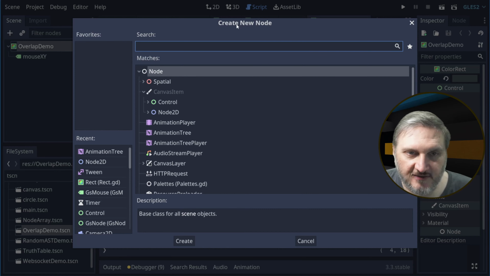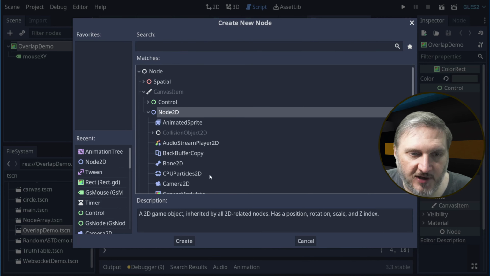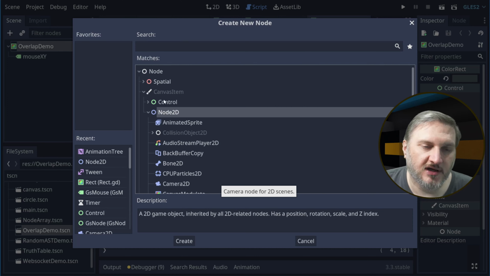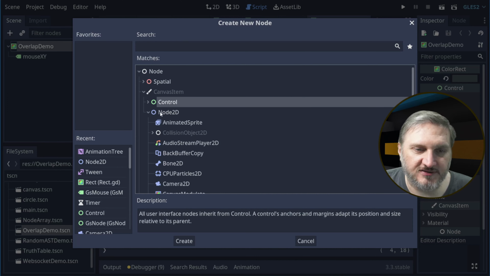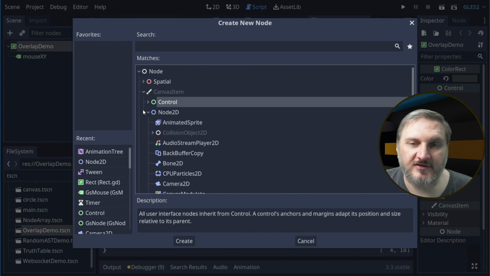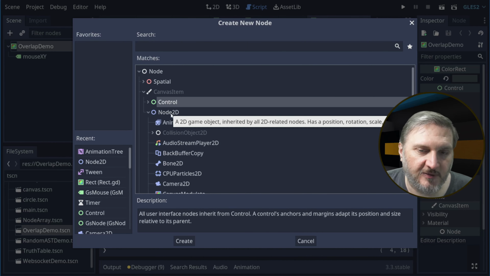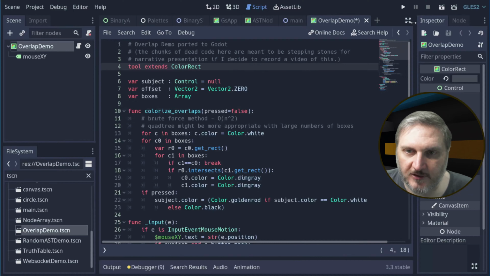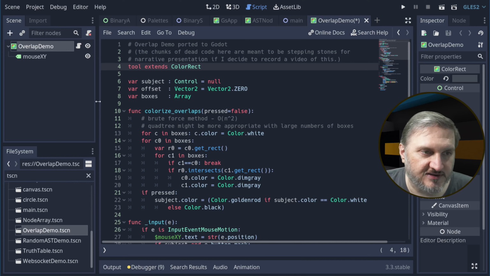Control is GUI stuff. So this whole window right here that I'm looking at is a control. And then Node2D are things like sprites and whatnot that are inside your scene. Basically these have a rectangle associated with them, and they handle mouse events for the GUI, and they have special support for that, and they have support for anchors and margins to lay them out, whereas